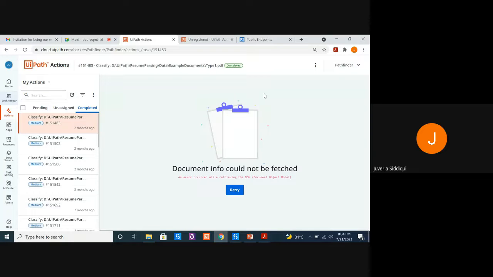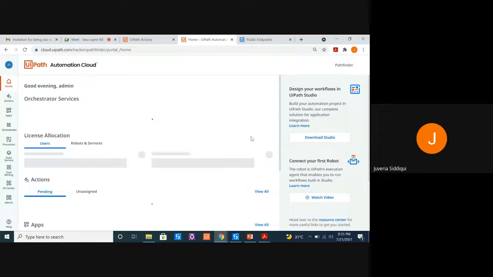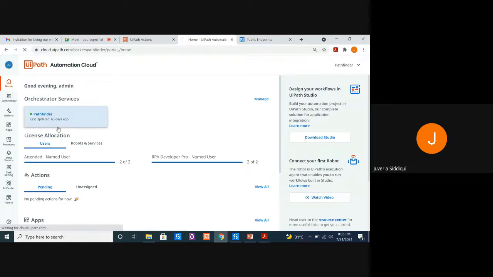Instead of having a folder or anything created, we can actually upload your documents to the cloud. How to do that? For that, you need storage buckets. So let's go to our orchestrator. I'll show you the storage bucket. Consider a storage bucket as a folder that is created in the cloud environment. All right, it's nothing fancy, very easy.